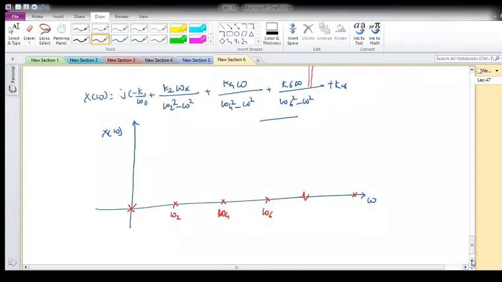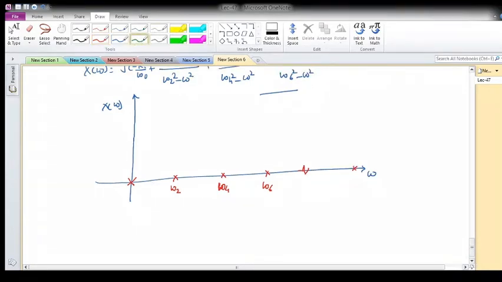Now I would like to draw the sketch which we have drawn individually. So what will it be for the pole at origin? As omega increases, first it will be infinity. Okay, then it will go like this, something like this. Fine. Then let us draw the reactance curve for omega 2, for omega 4, for omega 6, and obviously for infinity. It's not a straight line.